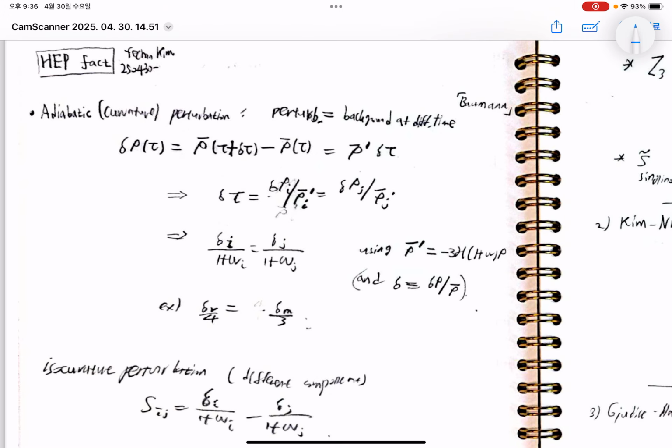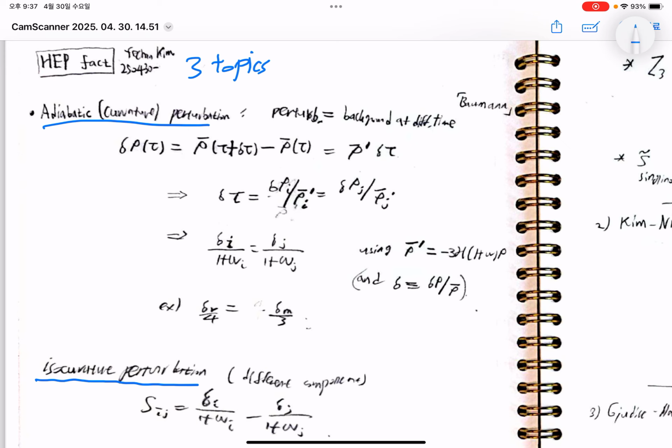Right, first I want to talk about several topics in higher physics. From now on, I will prepare three topics. The topics are not related to each other. They are just separate topics, and this series is just to study some things briefly instead of some continuous topic. So the first one I will discuss is adiabatic or curvature perturbation and isocurvature perturbation in